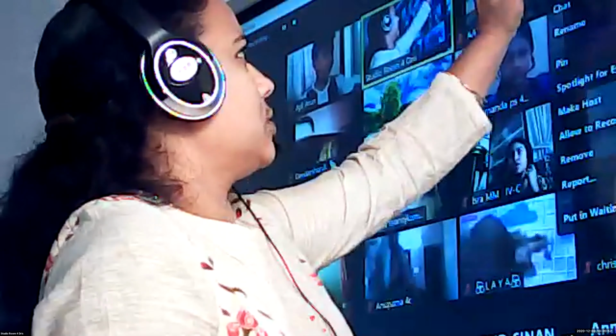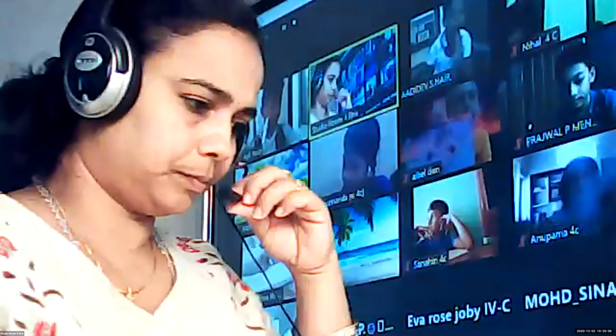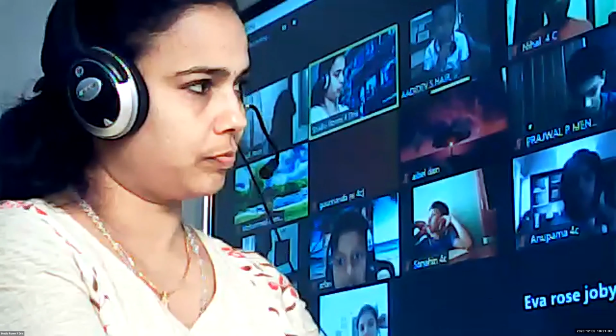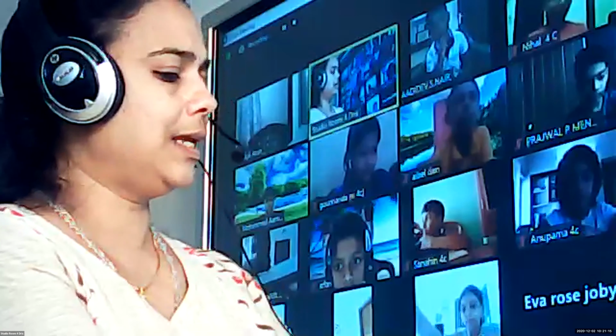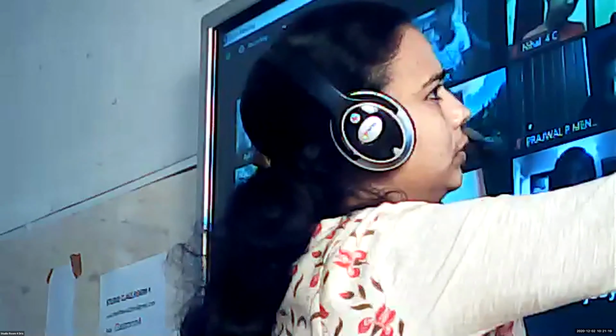Okay, Adil, read question number 20. Ronnie has 2 cardboard pieces of the following shapes. How can he shade each shape to show the fraction 2 by 6? Yes. In the last class, we discussed how to do 2 by 6.